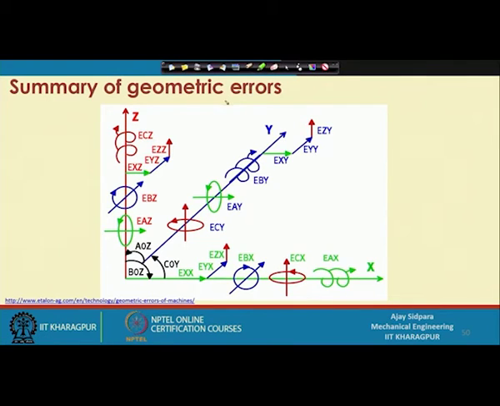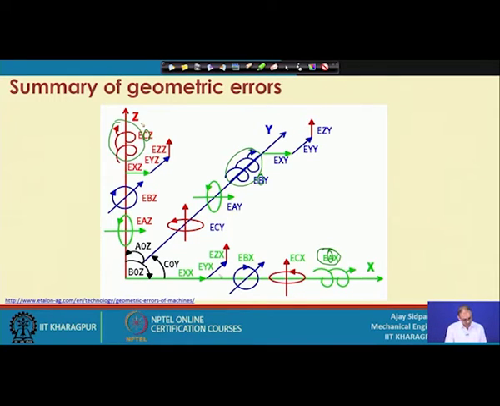Now, coming to the rotational error. So, you have one rotation around the x axis. So, we know that rotation around the x axis is called A axis, rotation around the y axis is called B axis, and rotation around the z axis is called C axis. So, if you are rotating your object along that direction, you may get one error because you are not able to rotate it uniformly, that we have seen in the 6th error of the rotary component. So, it is also showing here this error. Similar to that, we are getting the same error in the y direction and the same error in the z direction.